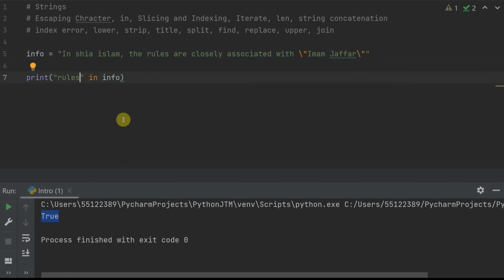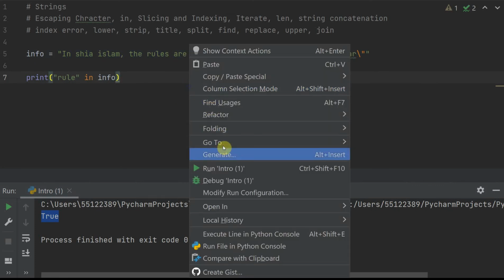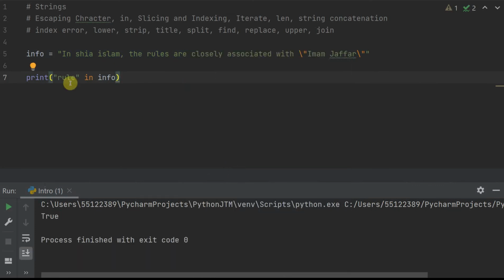So think about it. If I make it just rule, it says true as well because it is searching for every single character, and up till this point it is true that this information is in info. So it is very precise. You could literally search for anything in there to see whether something is in there or not. If I do Imam Jafar, let's see if it is in there.